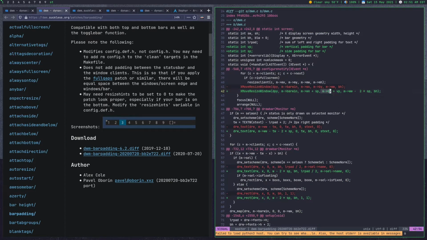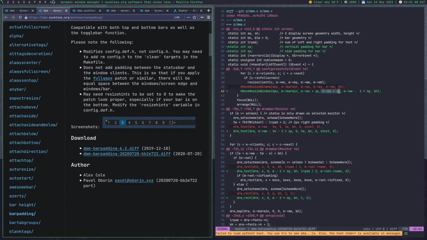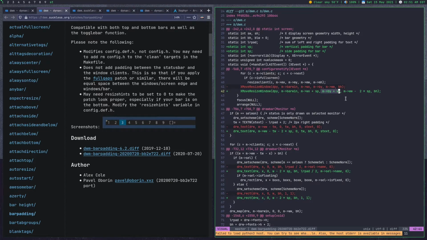And then pretty much the same thing for the Y. If you had monitors listed vertically, if you had one down, it would be like 1080 plus VP, which is 10. So essentially, this is just finding the monitor's position within the X display and adding on the side padding